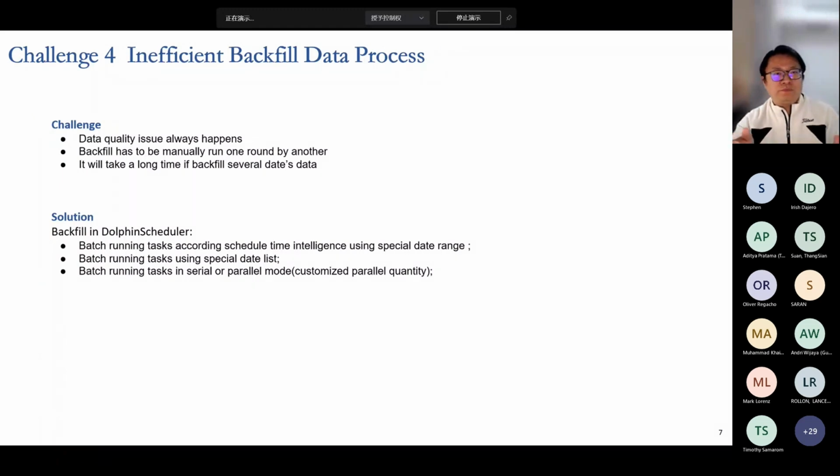And for backfilling data, I think everybody who uses a data warehouse or a big data platform knows that backfilling data is a big problem every day, because the data quality is not as good as we think. So sometimes we have to backfill data for one week or several weeks. That troubled me a lot because we have many data sources, and the source systems are not quite stable. Sometimes data quality issues always happen. So how to run a period of dates